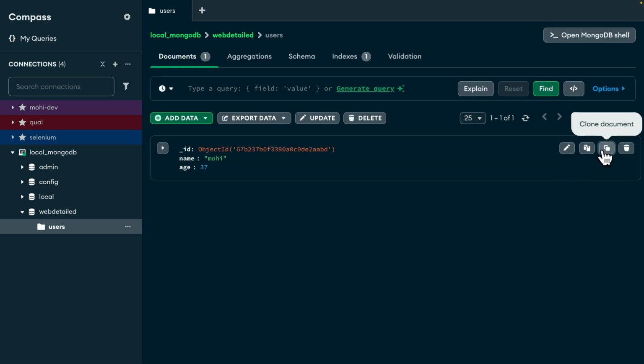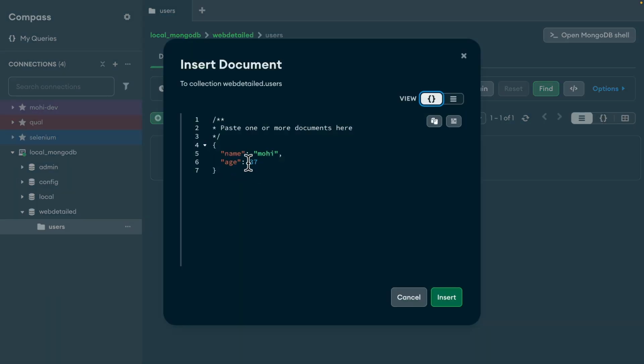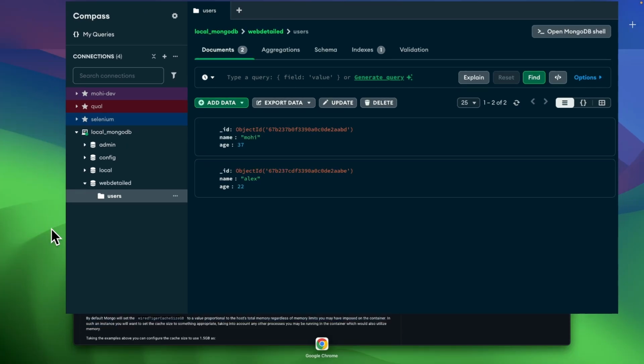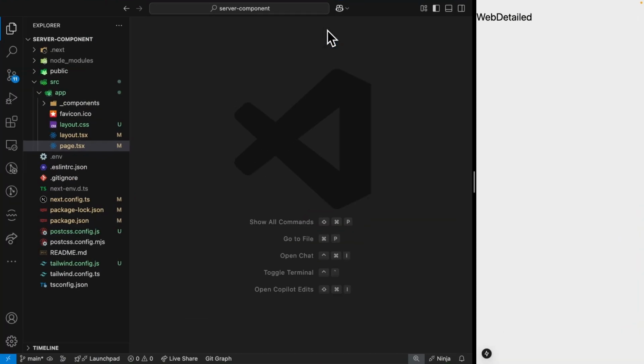And I can also clone this document and create another one, maybe with another name. All right, now I have two documents in my collection. From now on, I have to programmatically read this data and bring it onto my form or my page. To do so, what we need in our source code, if I go to the code,